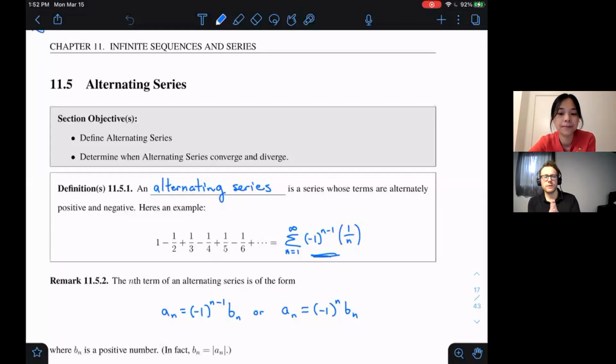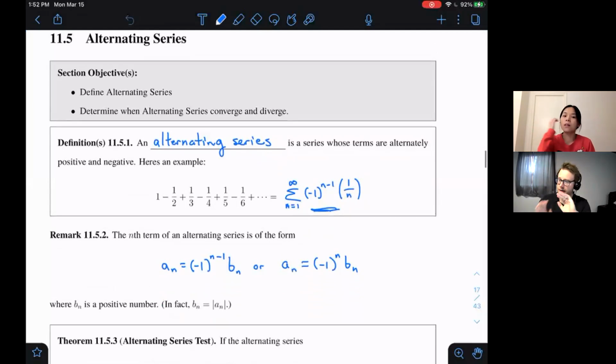Okay, so today we're talking about the alternating series test. And of course, this is primarily used when you actually have an alternating series. We've already talked a little bit about alternating series. These came up when we were talking about the geometric series back in 11.2, where you have this plus minus,